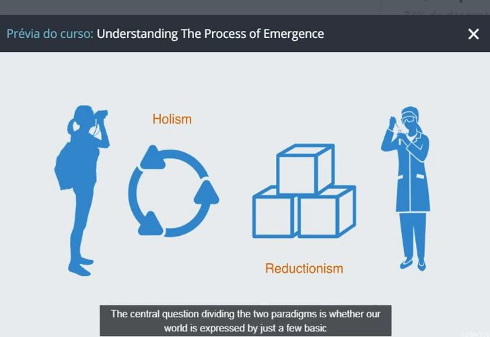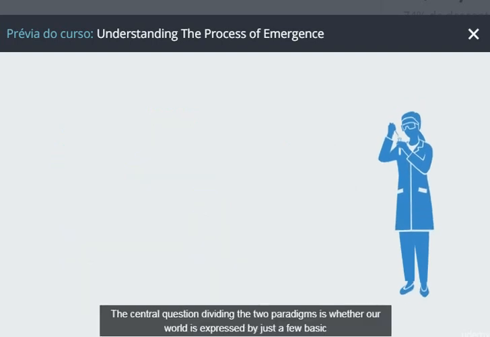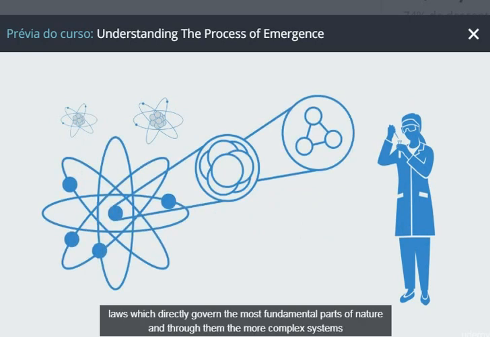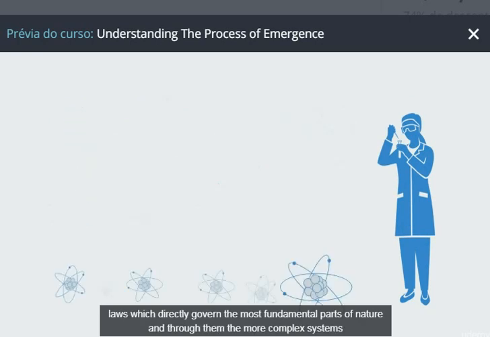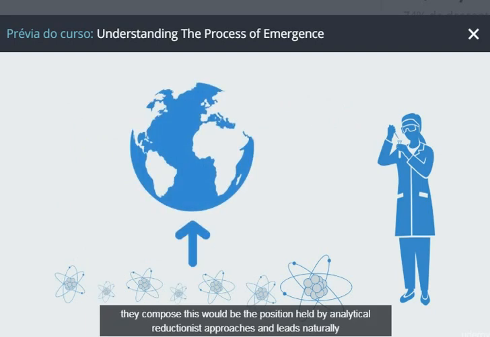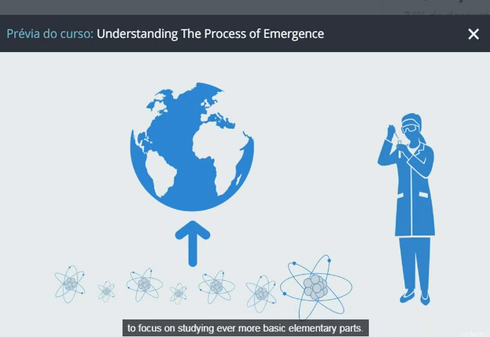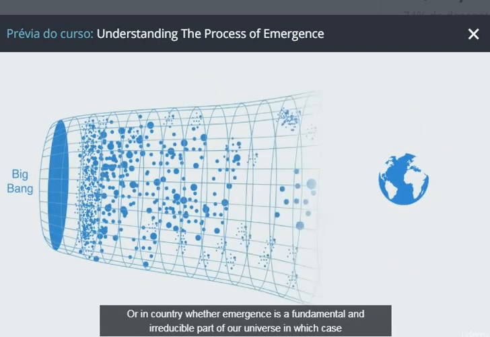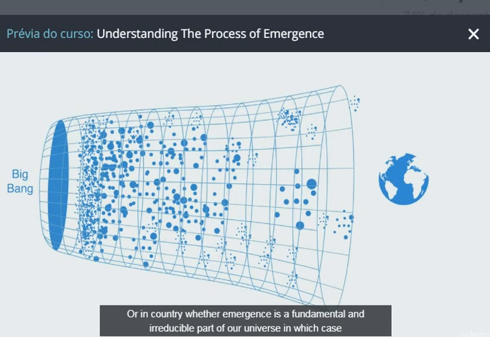The central question dividing the two paradigms is whether our world is expressed by just a few basic laws, which directly govern the most fundamental parts of nature, and through them the more complex systems they compose. This would be the position held by analytical reductionist approaches, and leads naturally to a focus on studying ever more basic elementary parts. Or in contrary, whether emergence is a fundamental and irreducible part of our universe, in which case